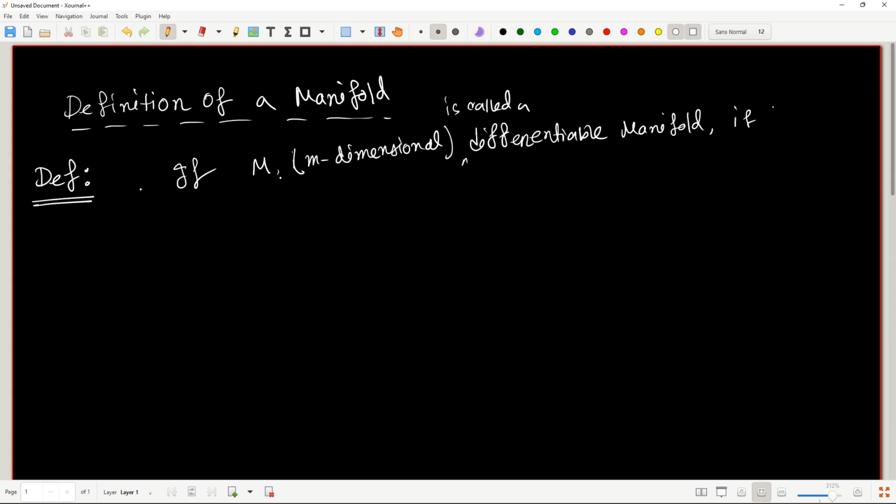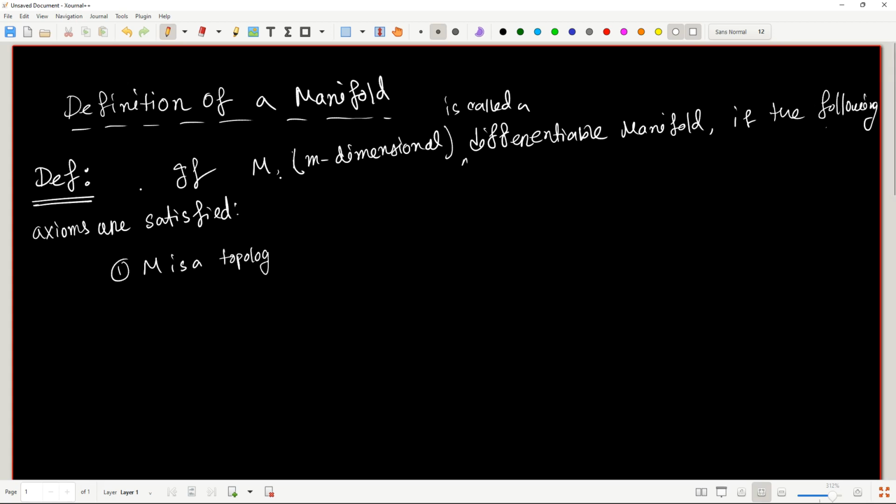if the following axioms are satisfied, or the thing that we are calling M satisfies the following axioms. Number 1, M is a topological space. 2, M is provided with a family of pairs